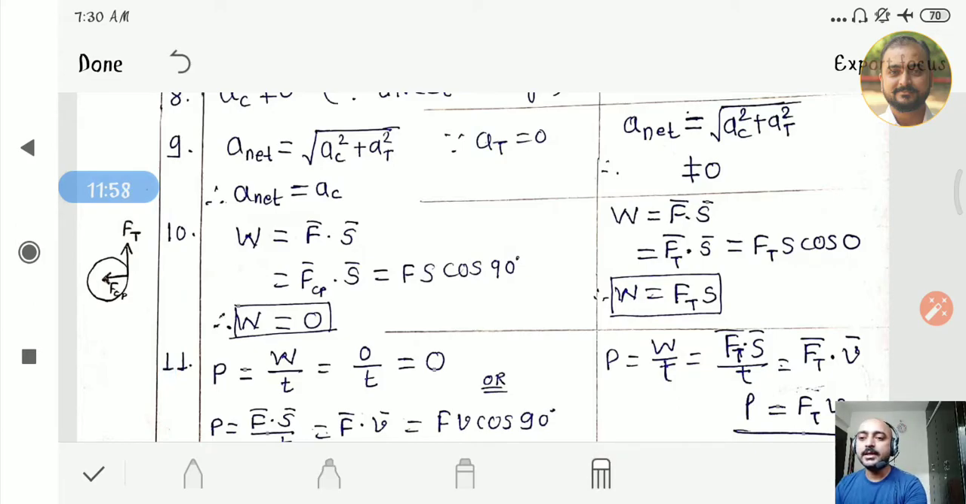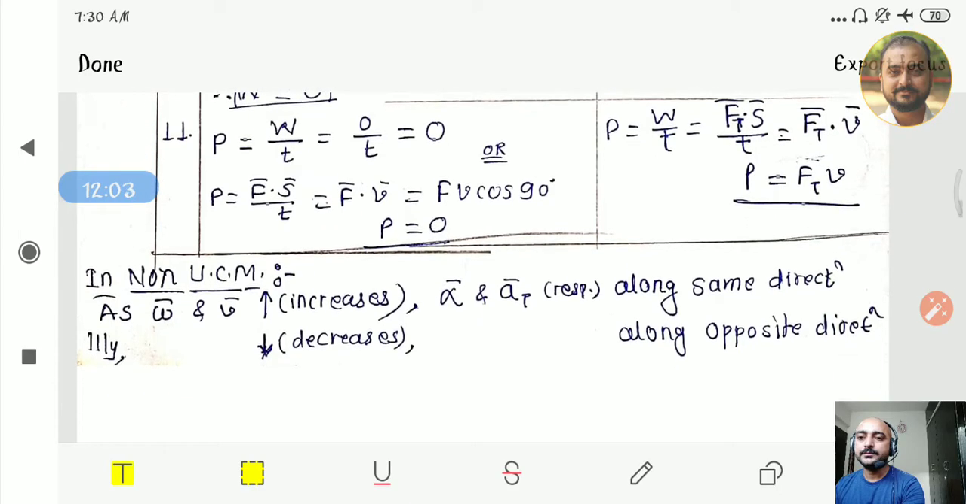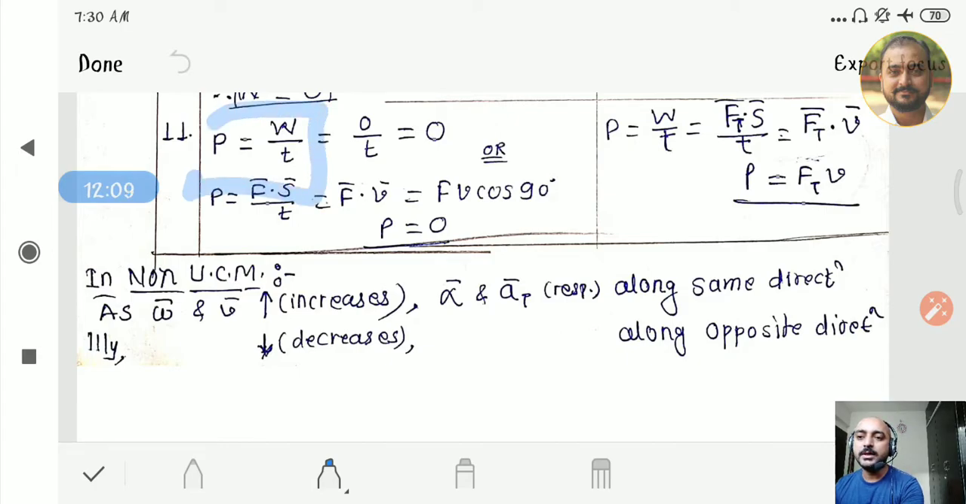Okay, now in case of power, power is equal to work divided by time, it's a simple formula. As we have seen, work done is 0, so the whole quantity becomes 0, which means power is equal to 0. Okay, friends, another way to get power equal to 0 is to take P